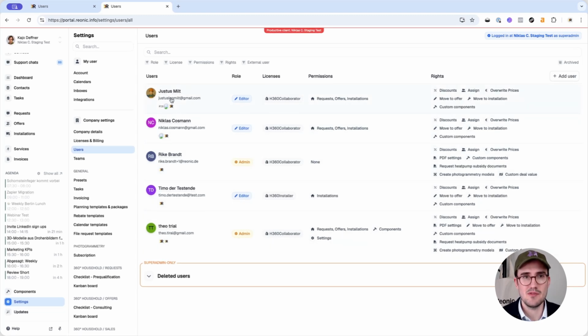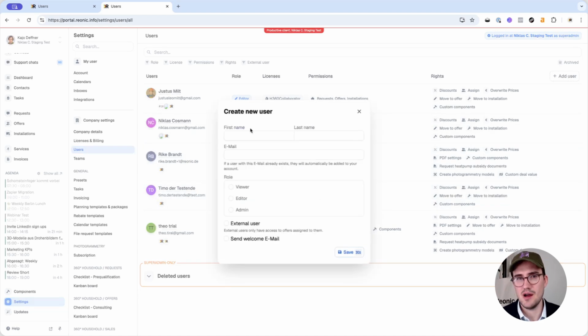You can see their name, the email address, a photo or profile picture if they have already saved one here. And then there is role, licenses, permissions, and rights. So stuff that we can all set and make sure that they work. How are we doing that? We'll create a new user altogether and make sure that we go through every single part of the setting items. So let's go to add user here at the top right,